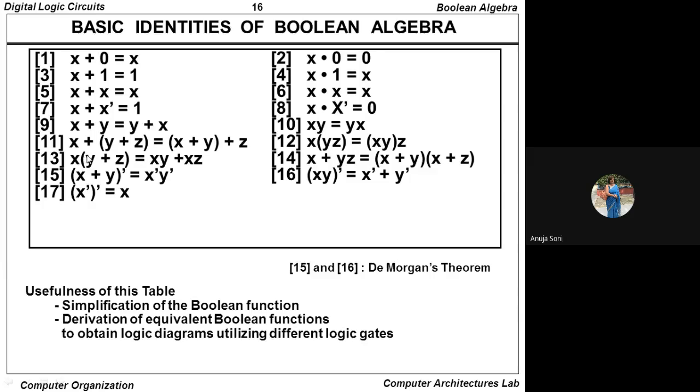Now this is the next identity. Identity number 13 is called your distributive law. It says that x into y plus z will be equal to, x is not multiplied, rather the logical AND operation is applied over x and y as well as x and z. It is called a distributive law. Basically this law number 13 and law number 14, both basic identities, are the distributive laws. They are the different modes.